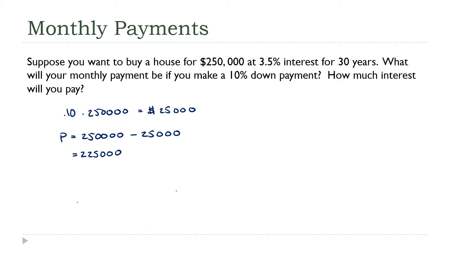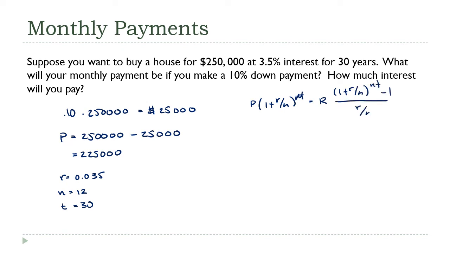All right, so excuse me. So let's see. We've got R is 0.035, and as it commonly is, N is 12. We're doing this monthly, and T is 30 years. So you're going to go to the formula, whichever one you're using. I'm going to use the one from the left-hand side. I'll write it down again here. P times R over N to the NT equals R times (1 plus R over N) to the NT minus 1, over R over N. And if you put those numbers in, do the calculation, being very careful with your calculator, you should get